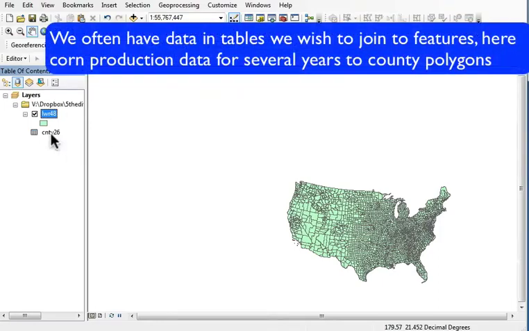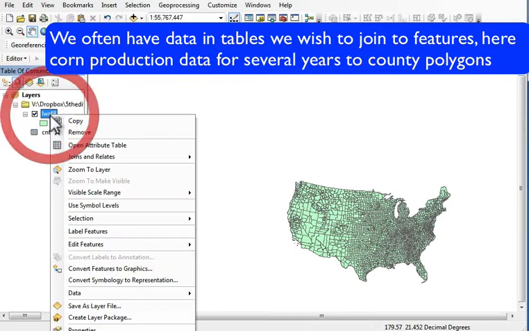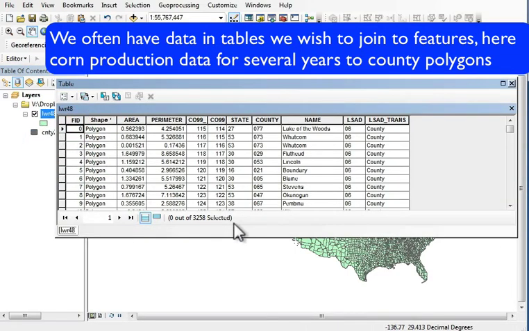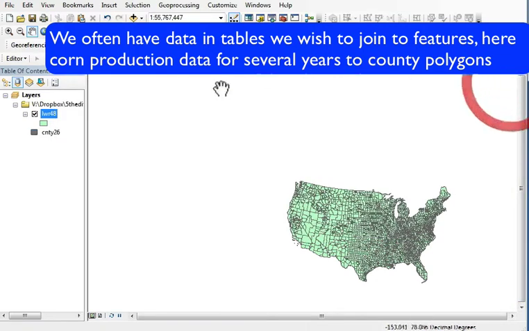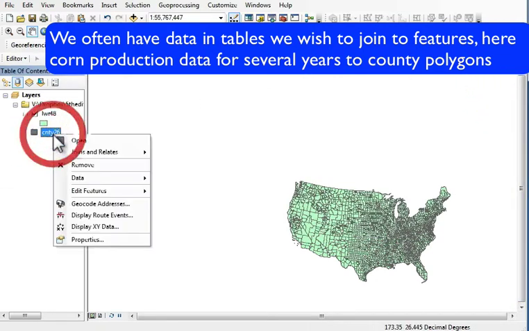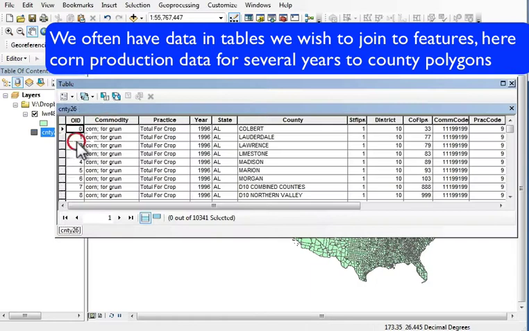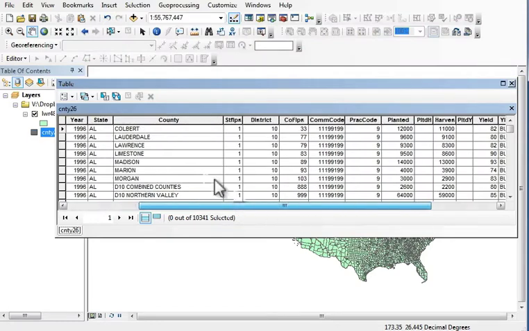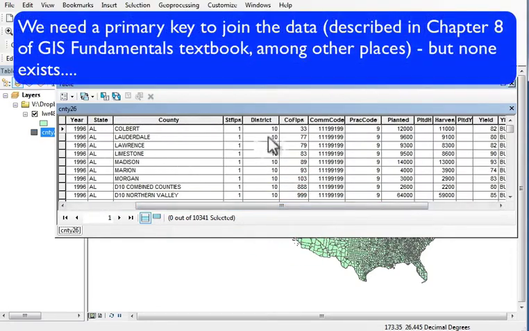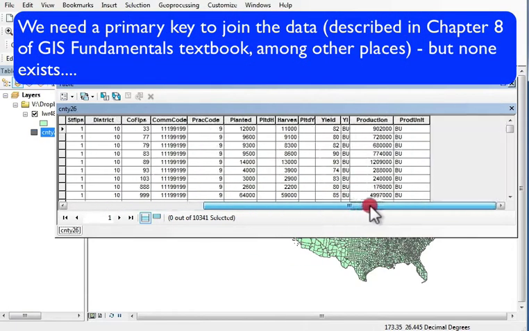We often need to summarize data or otherwise manipulate data that we add as tables before we can join them. So here I have a county data set for the lower 48 states in the United States, and I have a table that records the total corn production by county, but it's over 4 years. It has in there for each county multiple years, and so if I try and do a join of this